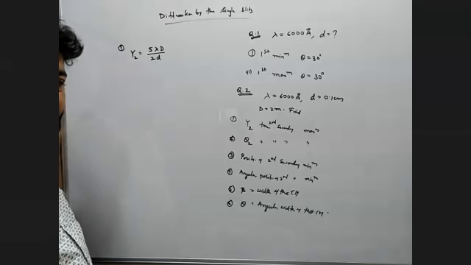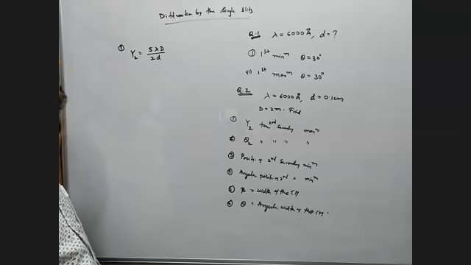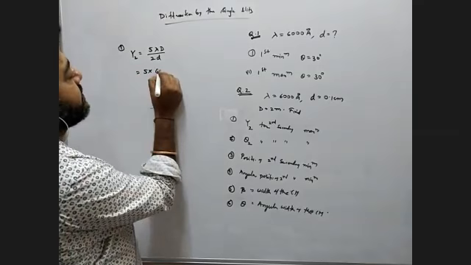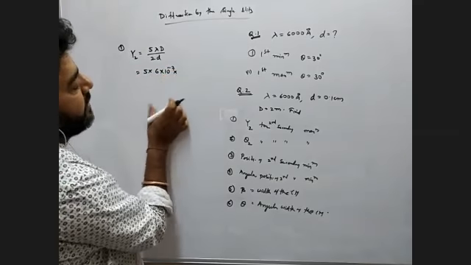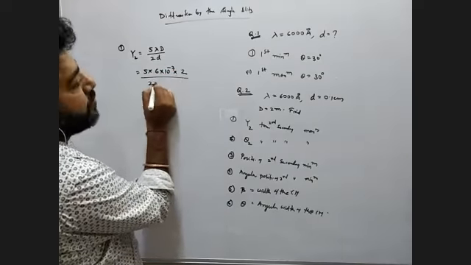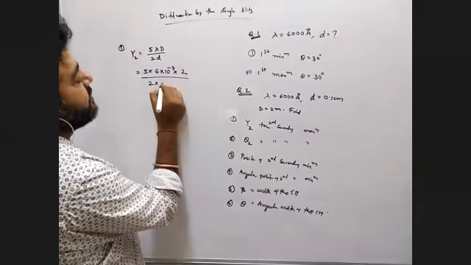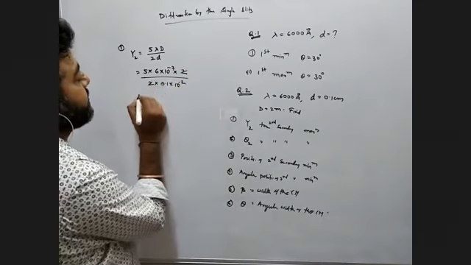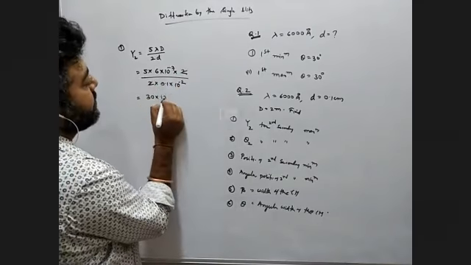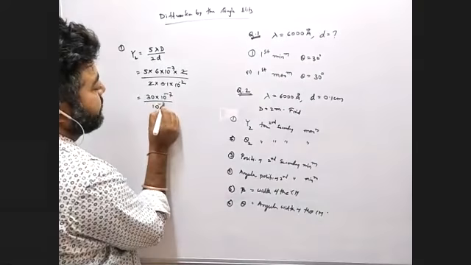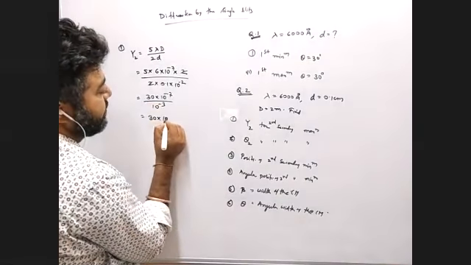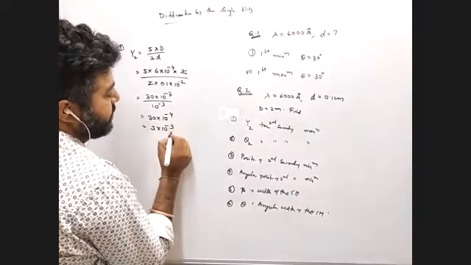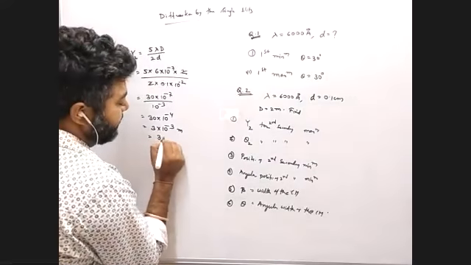So if it is 5 lambda by 2D, now 5 lambda is how much? 6 into 10 to the power minus 7. Distance is 2 meter by 2 into 0.1 centimeter, that means 0.1 into 10 to the power minus 2. Convert it into meter. So what you have, this 2 to cancel. 5 into 6 is 30, 10 to the power minus 7 by 10 to the power minus 3. 30 into 10 to the power minus 4, that is 3 into 10 to the power minus 3 meter, or you can say 3 millimeter.